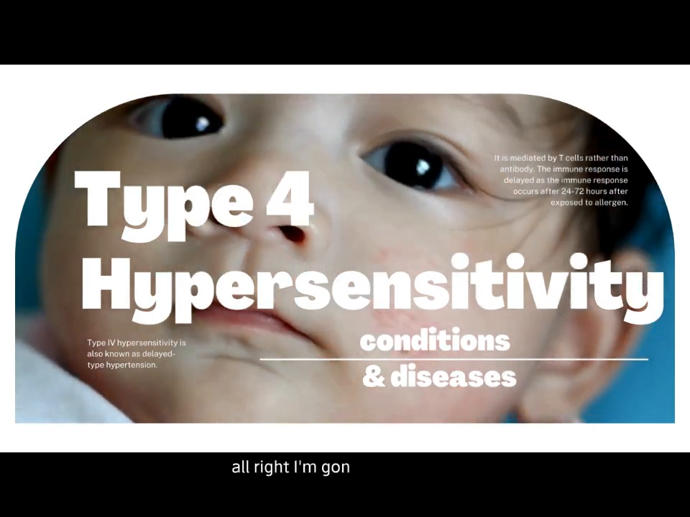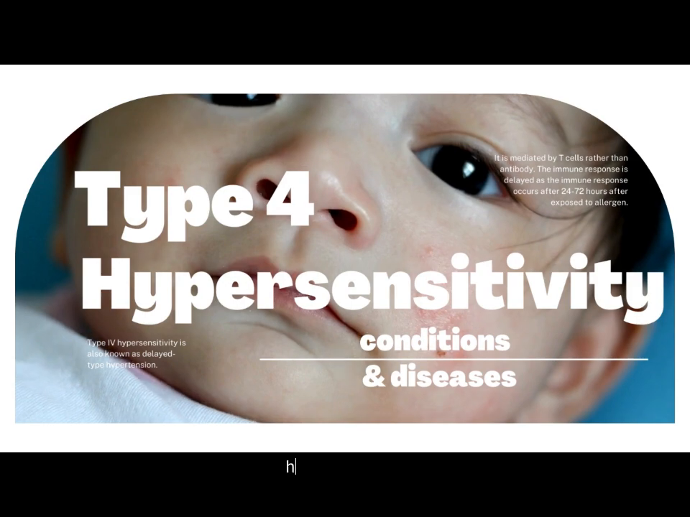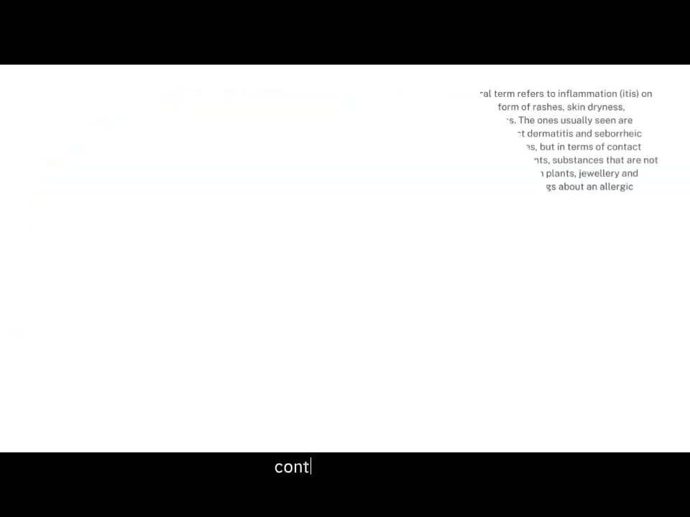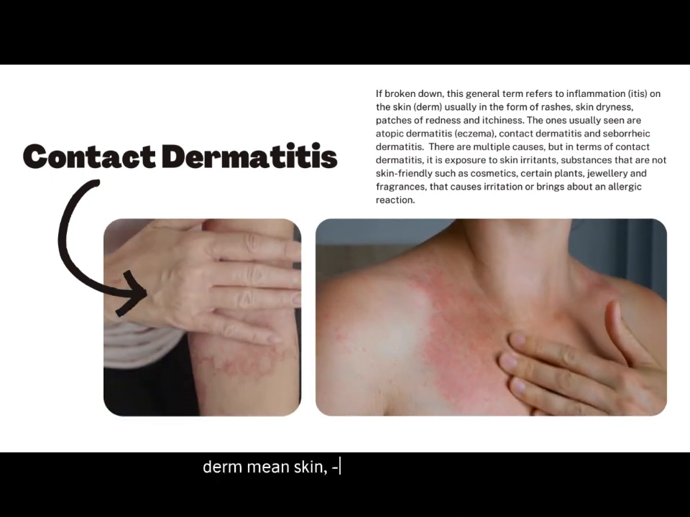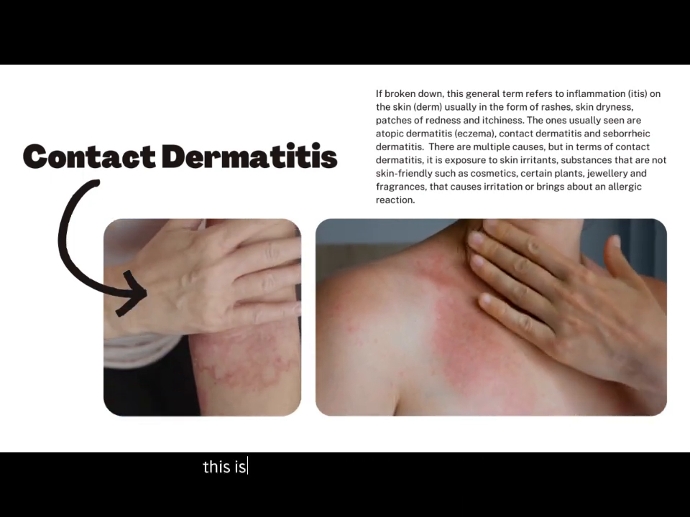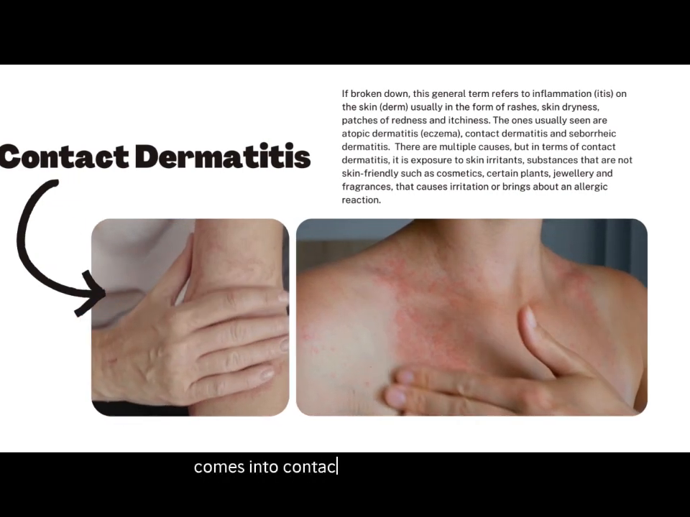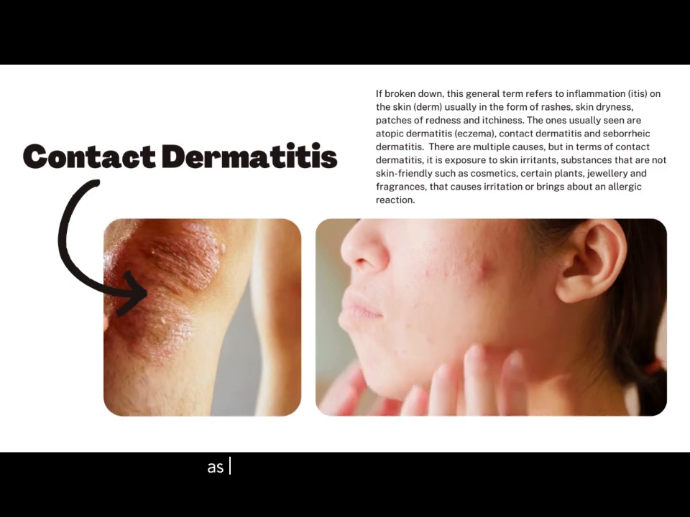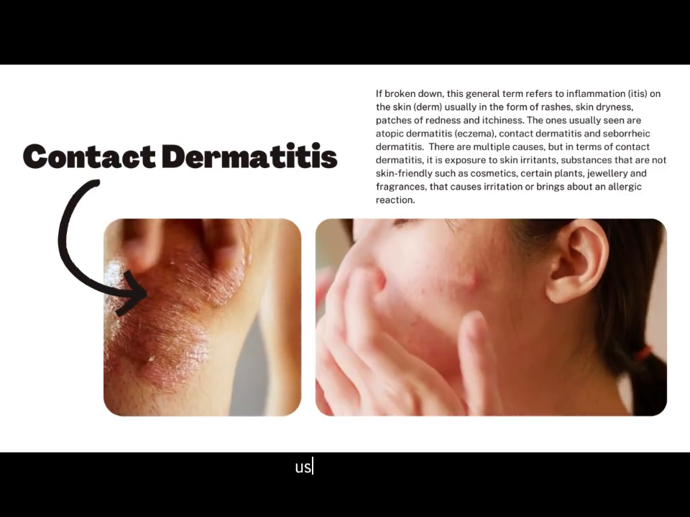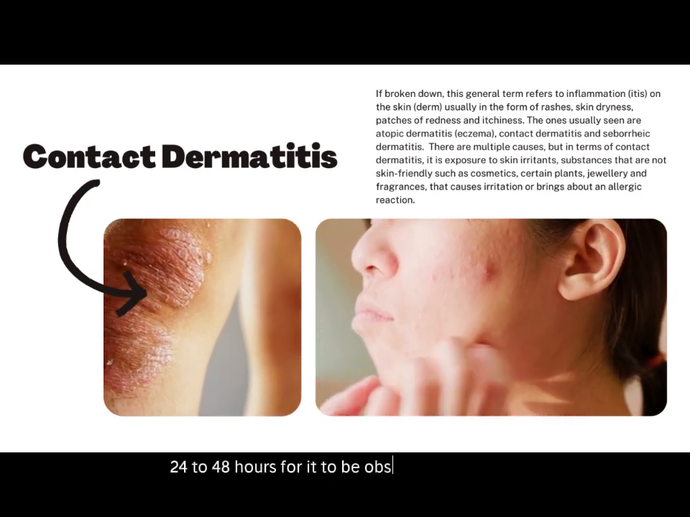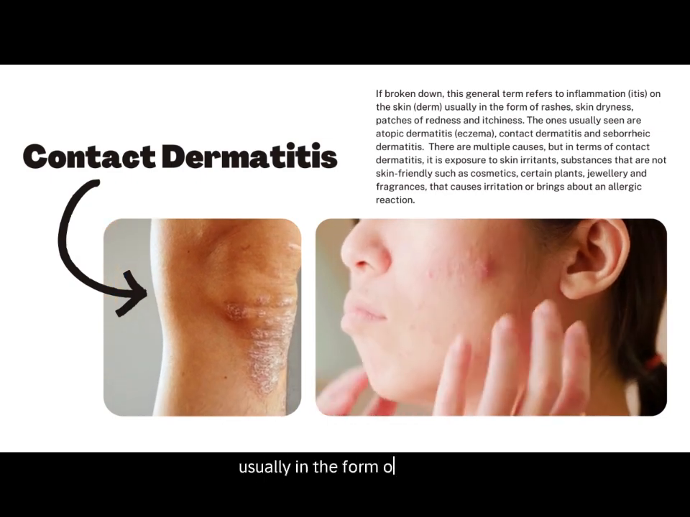Alright, I'm going to explain the conditions and diseases related to type 4 hypersensitivity. The first one, contact dermatitis, pretty self-explanatory, whereby derm means skin, itis is inflammation. This is caused when the skin comes into contact with certain jewelry, certain plants, as well as certain cosmetic products. It's an allergic reaction. It usually takes 24 to 48 hours for it to be observed on the skin,